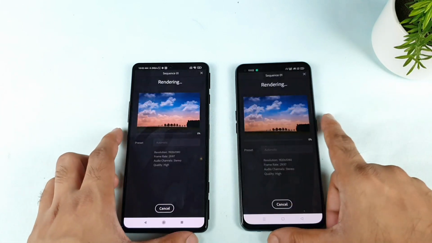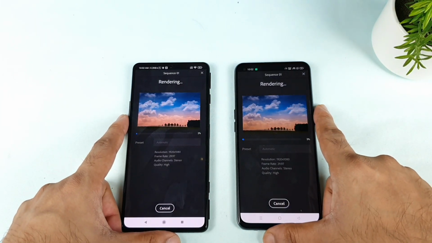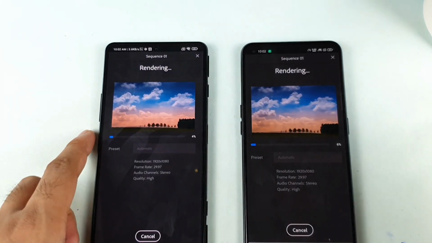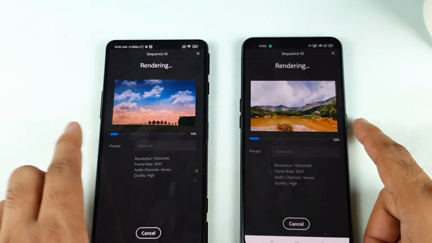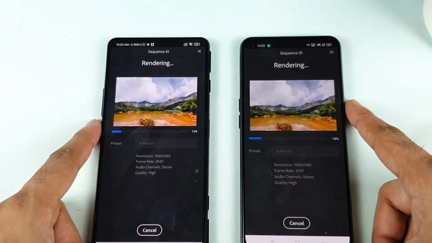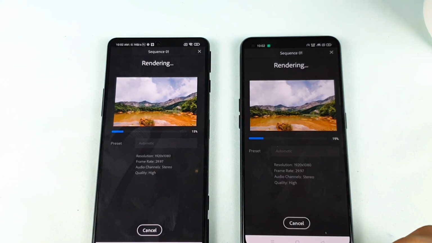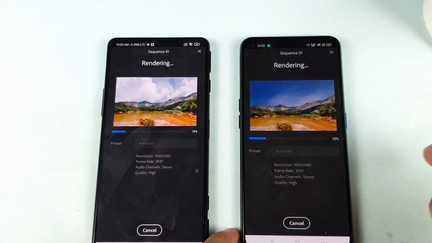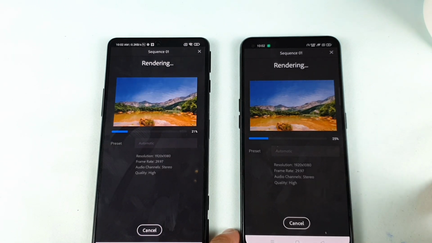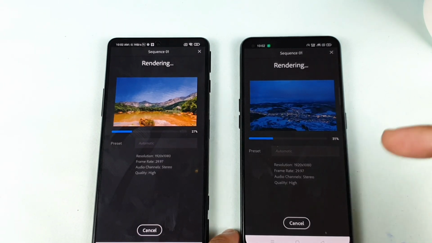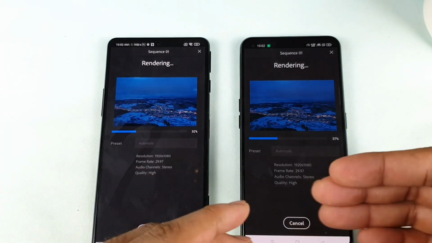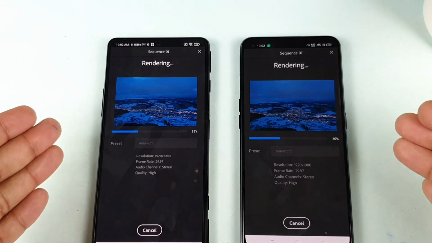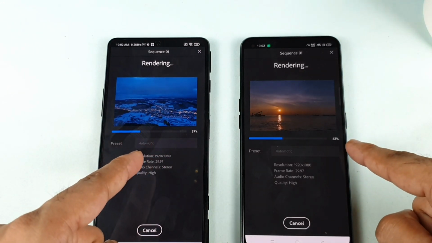1, 2, 3. Yes, at the same time I clicked on both phones. Now you'll be able to see the difference. As you can see, the high performance mode in the Realme X1 Max slightly boosted the rendering speed. You can clearly see it here. Definitely friends, the high performance mode is not a gimmick in the Realme X1 Max and the OnePlus Nord 2. It definitely increases the performance and boosts the processing speeds as well. Not only in gaming, you can use the high performance mode even for this kind of application. That's the reason I thought of doing this video, just to let you know what is happening with these rendering speeds. As you can clearly see in the live proof, you got the demonstration slightly faster in the Realme X1 Max.